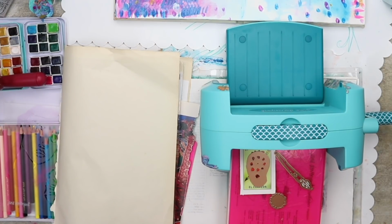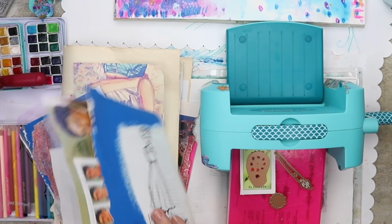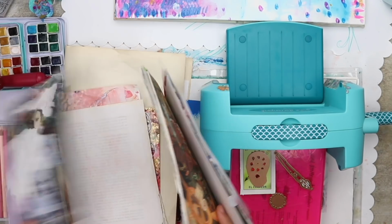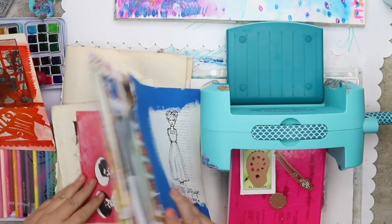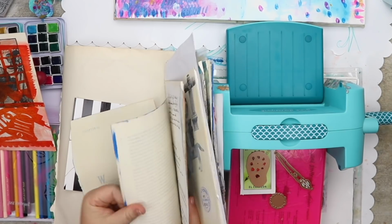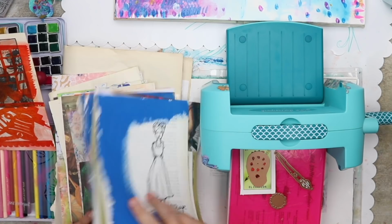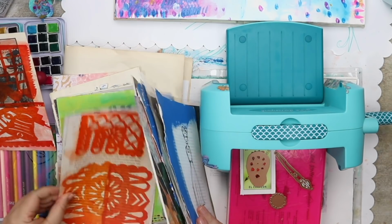I've got a little card that I got in Mexico from a Loteria game, which is a children's game, sort of like bingo, and they've got gorgeous little illustrations, and I'm using one of the cards there. I'm going to cut a little palette out on that shape, and I'm just looking for something else, just something that inspires, that I'm going to use to cut out the little paintbrush and paint splatter that I've